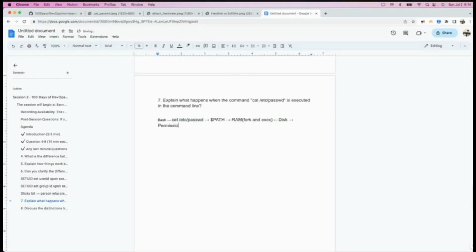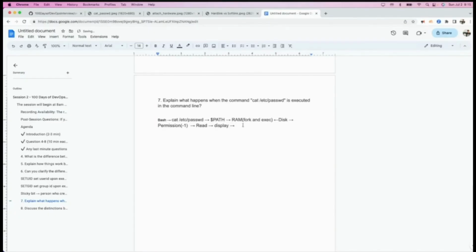So it will check the permission, whether the particular user who is executing this has the permission to load this file into memory. If it's not, there's an exit code called -1. If that exit code comes as -1, that means the user doesn't have permission. Otherwise, if the user has permission, it will read the file. Basically, it issues a read system call and displays the content of the file.